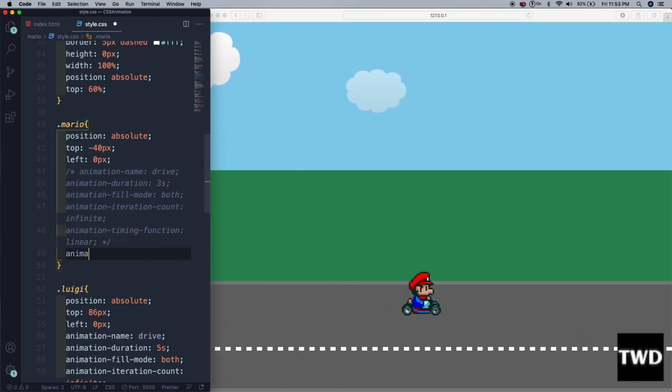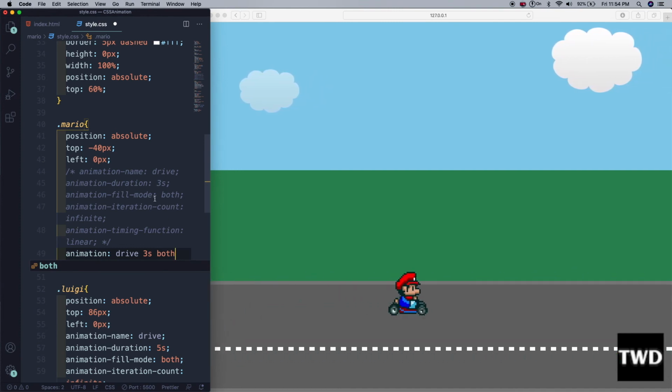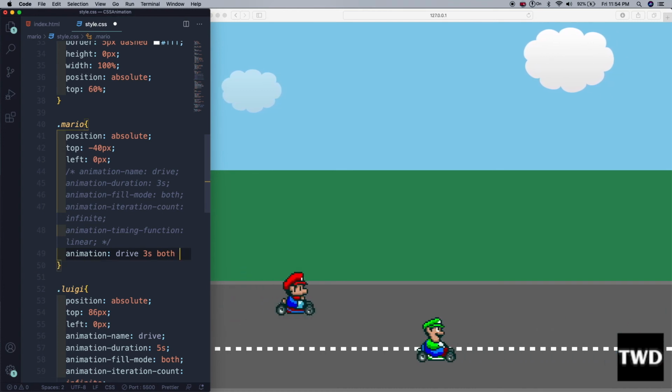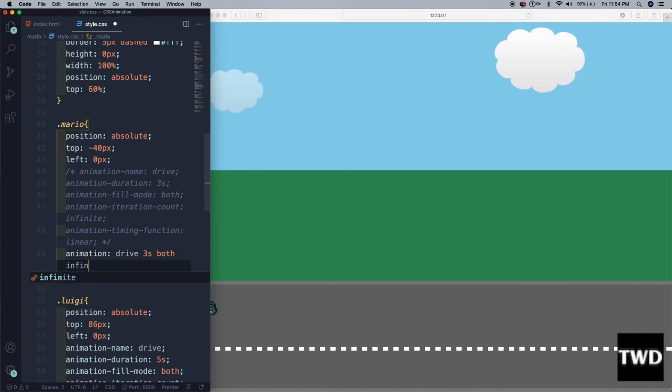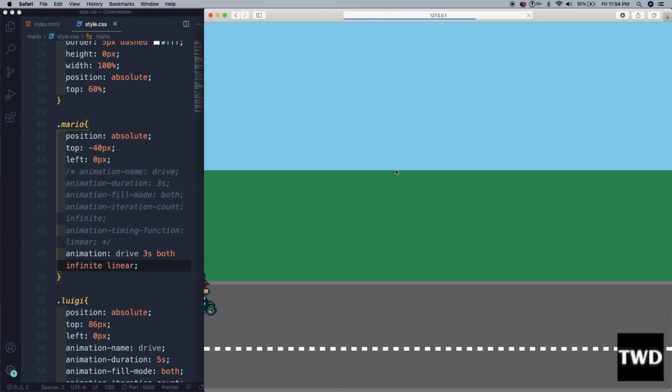And then animation is drive 3 second both, fill mode is both, infinite and linear, and nothing has changed. Mario is working as it should.